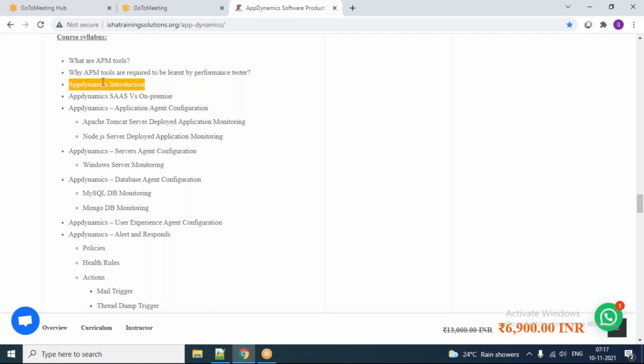So we are going to see how to install this Java agent, I mean, how to do the Java agent configuration. That is the primary step. Post configuration of the Java agent, what are all the metrics that are coming, I mean, Java related metrics? And how to do the investigation if it is a Java based application.